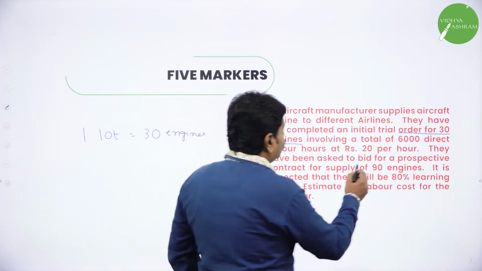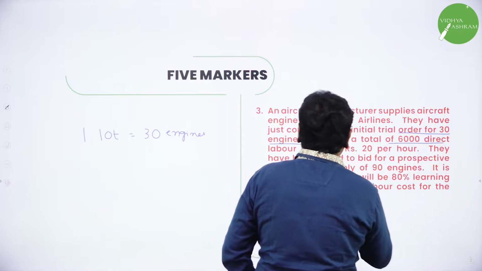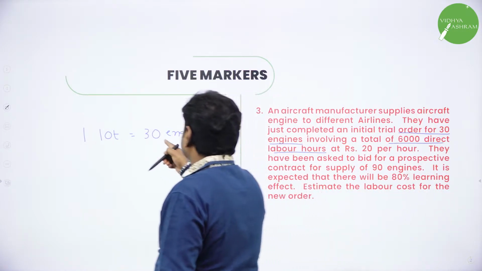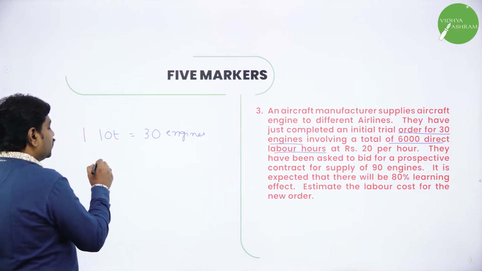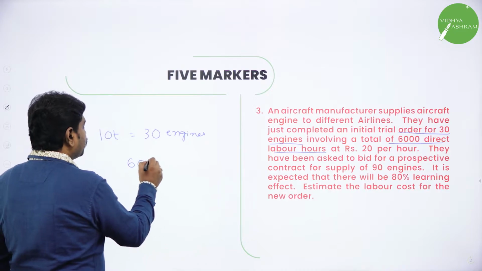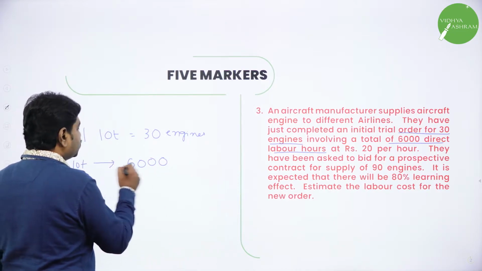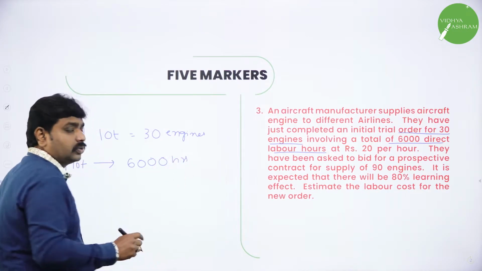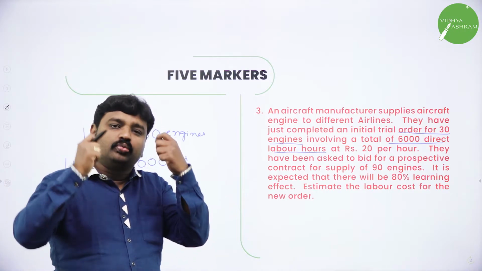And they also mentioned involving a total of 6,000 direct labor hours. So for these 30 engines, they are taking 6,000 labor hours. Means for one lot, time taken is 6,000. For first lot, they are taking how much? 6,000 hours. I told you, always when you start the problem,